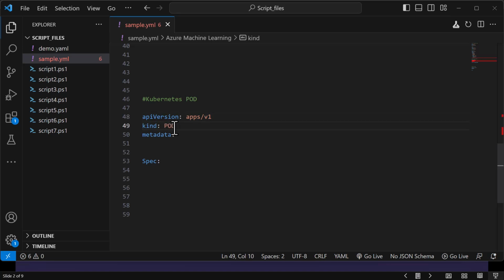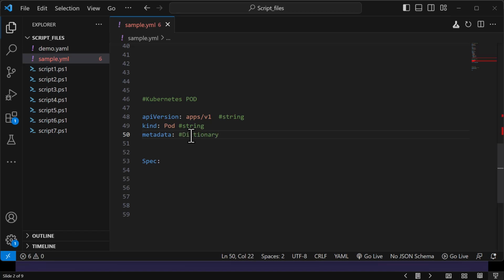Now kind, which object are you going to create? Let's say I'm going to create a pod object. Now, what is the data type of this? This data type is string. So I'm just commenting it. Now, what is the data type of this? This is also string. When you actually write code, there is no need for you to write this string. I just want you guys to know that this is the data type. Now this metadata, what is the data type of this metadata? This is going to be